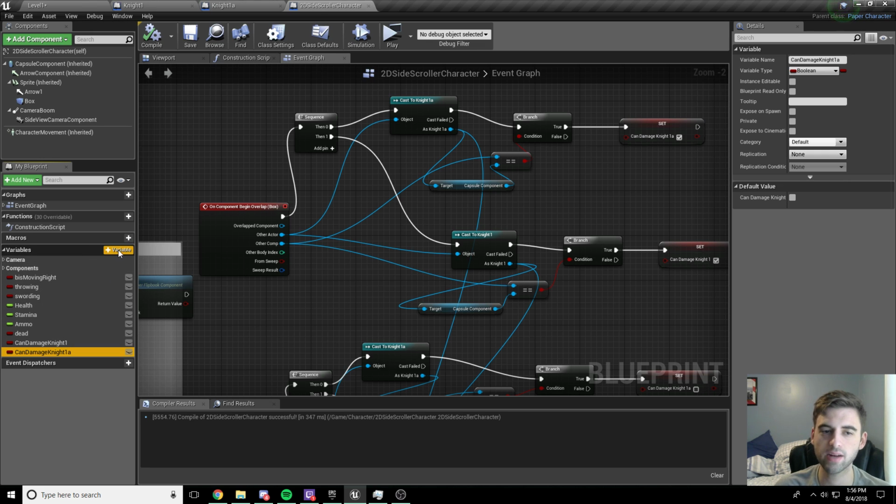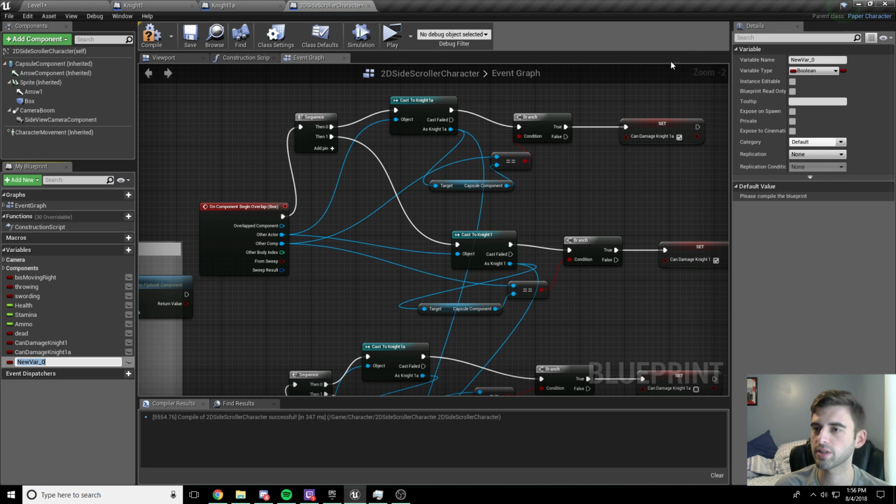So once again, to add a variable, you're going to click the little plus variables button over here on the left and name it whatever you want. Since we're talking about the Night 1A or Night 1, I would name it can damage Night 1A. And once again, this is up in the top right corner. This is where you type in the variable name. I already have this variable in here, so I can't save it as that, so we'll just save it as